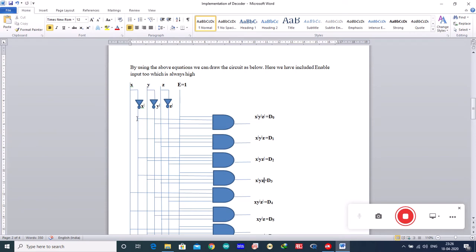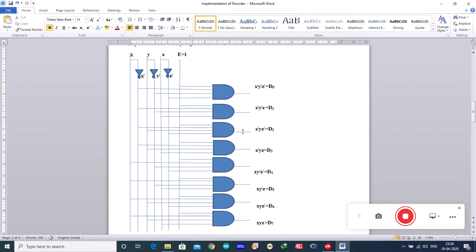This is 0 means this is 1, fine. This is 1 and this has become 0. So this is connected to 0, and we know the logic of the AND gate that if any one of the inputs is 0, the output will be 0. This way this AND gate is disabled. Similarly, this AND gate is also disabled. You have one input as 0 here.